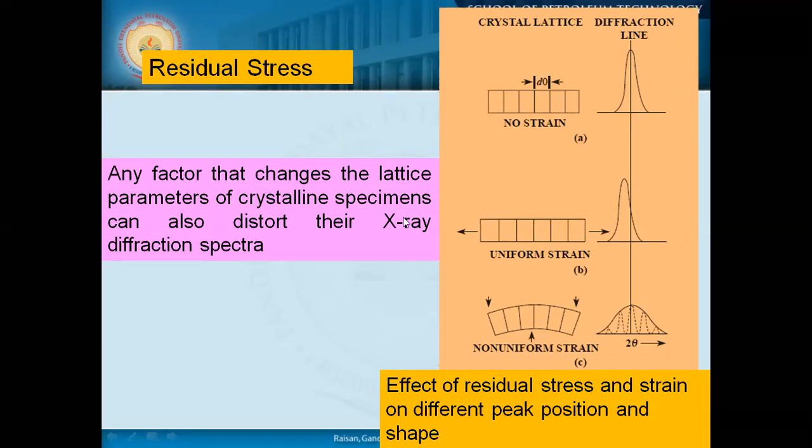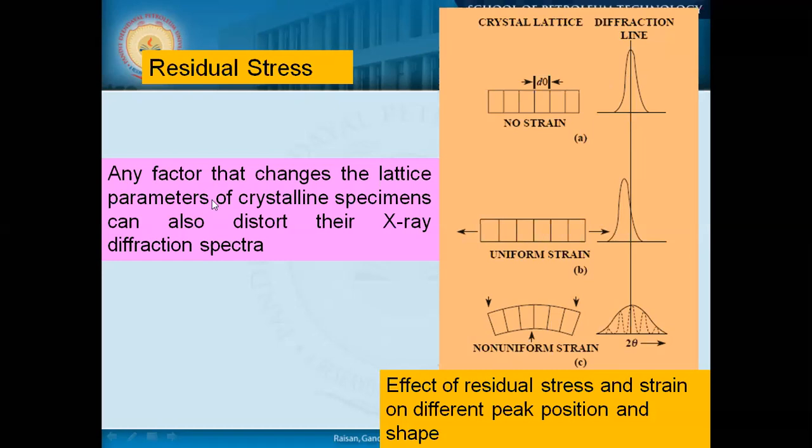Okay, so here, uniform strain: if your strain is uniform, that means you see the d-spacing is less, but it has been changed, but throughout it is the same. So your peak is not in the same position, it will shift, but you still get the specific type of peak, just shifted. If you have non-uniform strain, which is not uniform throughout, the peak will be broadened, and it may also shift in any direction.